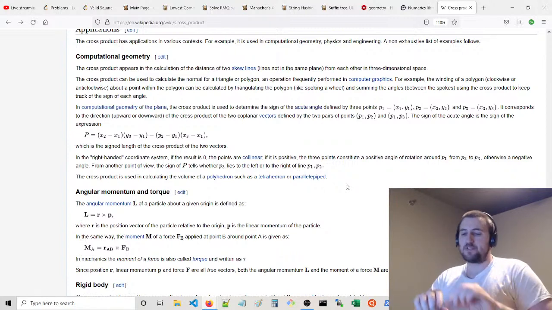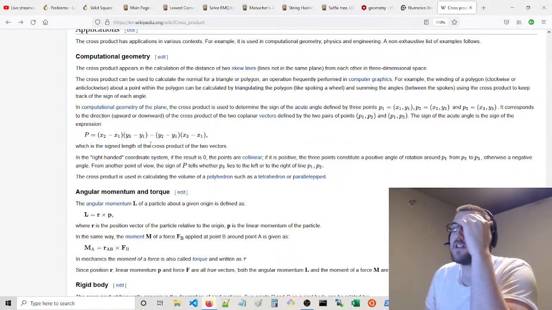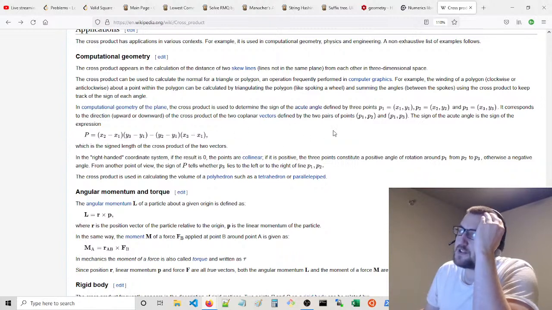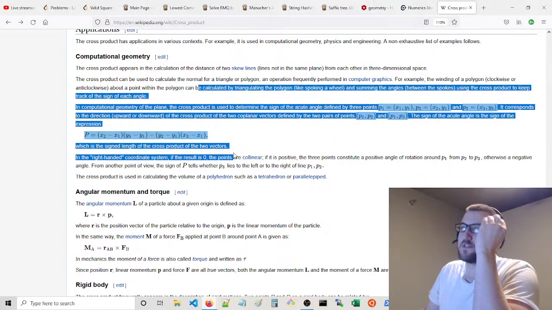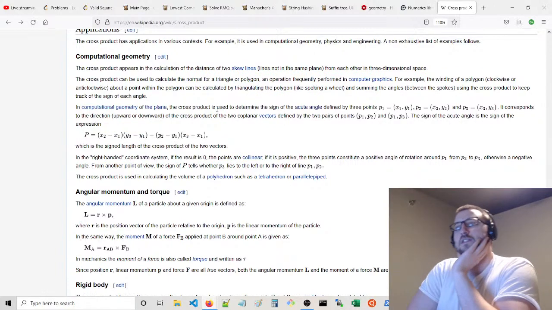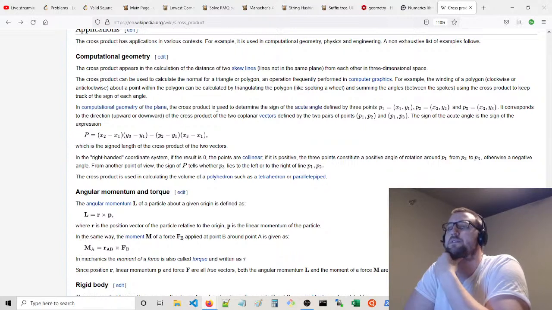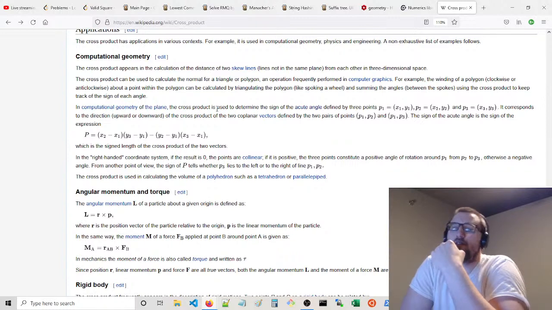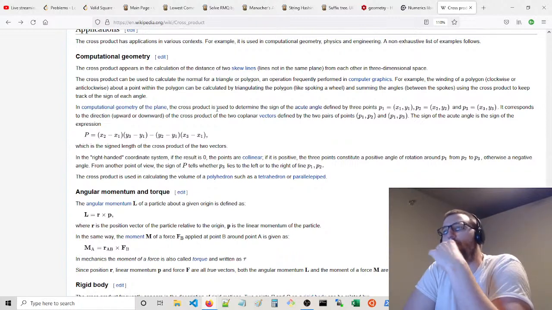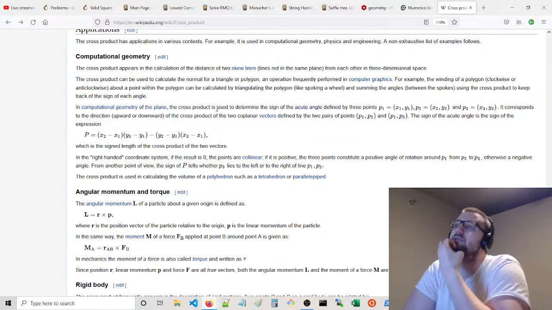This is also, I think, a formula I want to memorize. I think you can just set the, this is exactly what I want. Yeah, we can just memorize this. It's x2 minus x1, y3 minus y1, minus y2 minus y1 times x3 minus x1. Signed length of the cross product of the two vectors. Yeah, it's a lot better than trying to perform the arc cosine routine. So anyway,